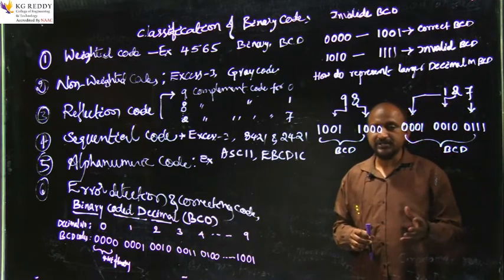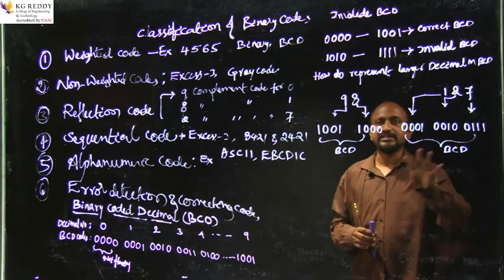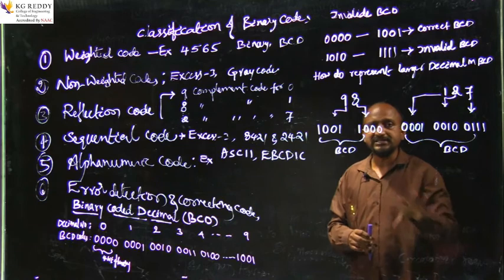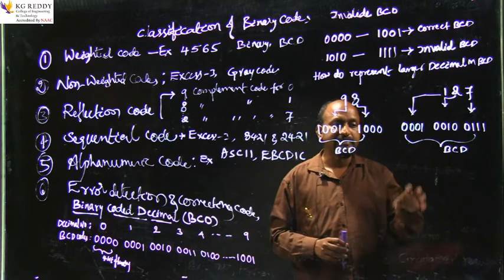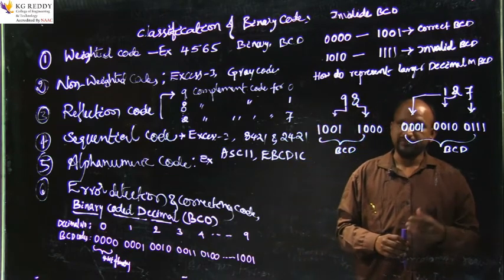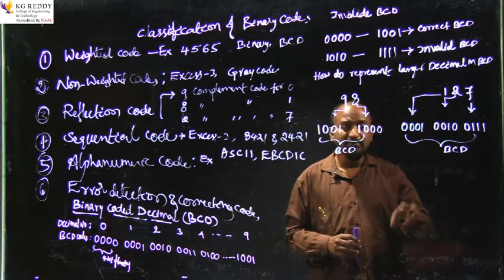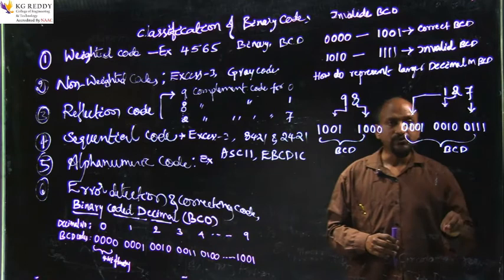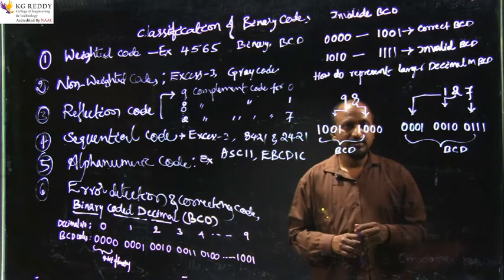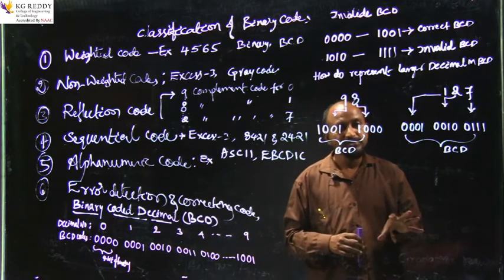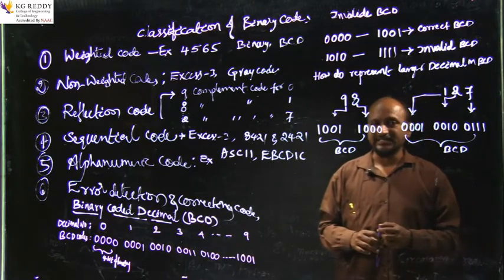So here we are going to discuss BCD: what are the advantages and disadvantages of BCD. The advantage in BCD is the easy way of representing the decimal numbers 0 to 9, similarly to binary codes. There is no change. Both are an easy way of representing them. If you remember binary values up to 9, you are supposed to be able to write any decimal number in BCD. That is the easy one.